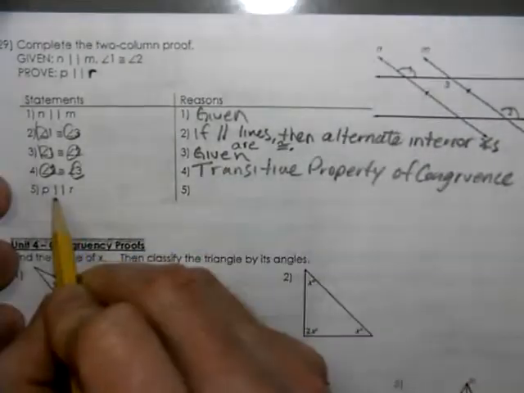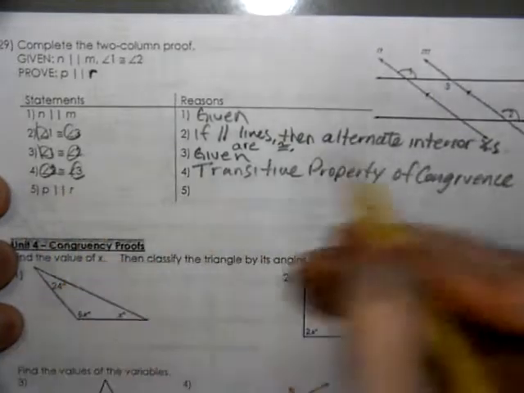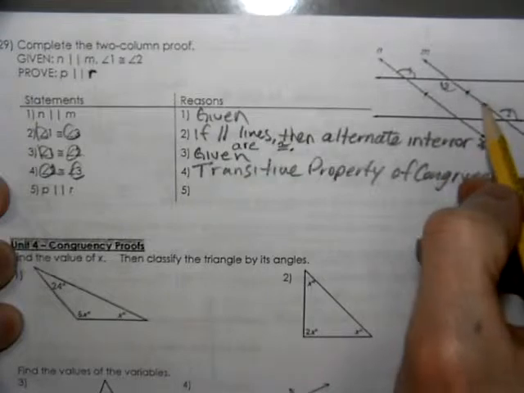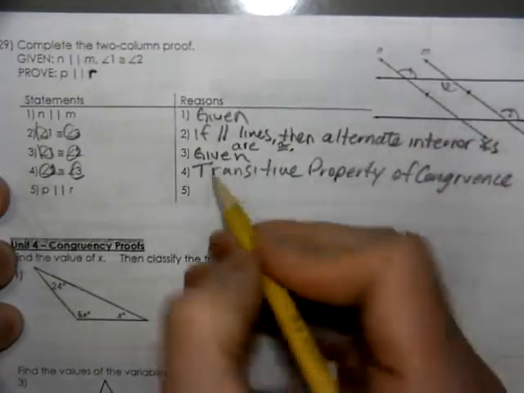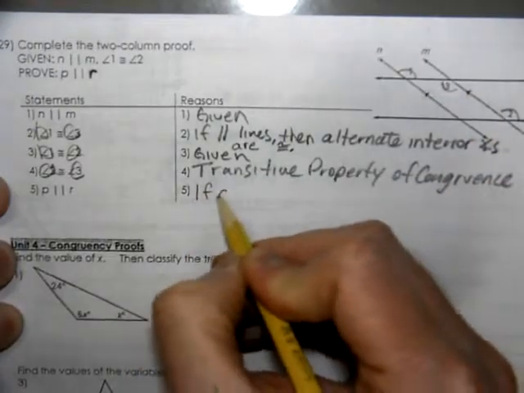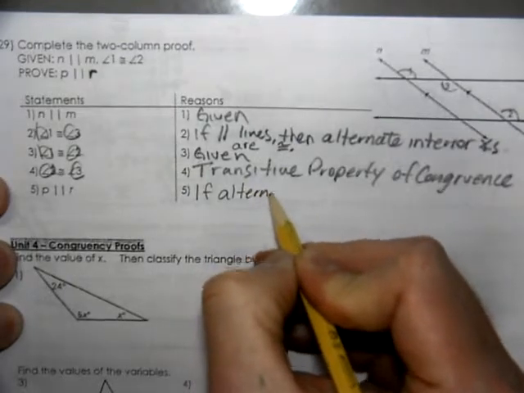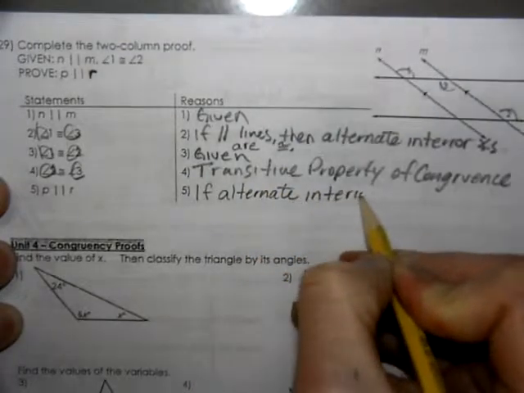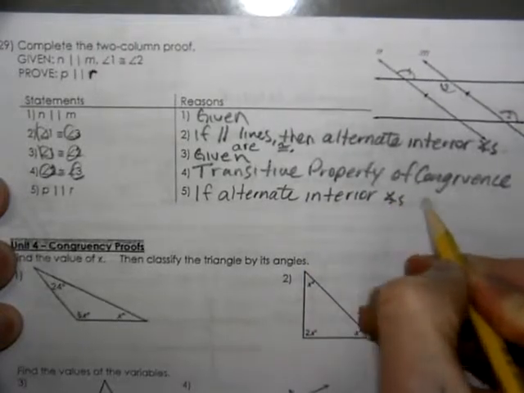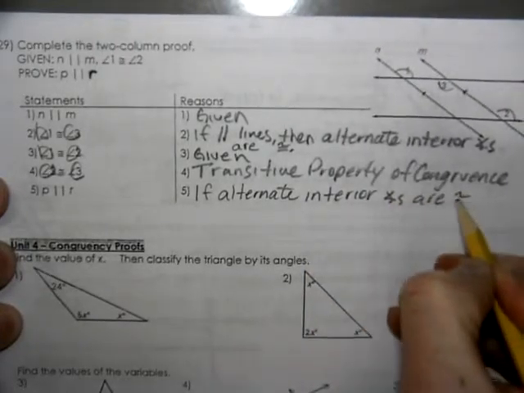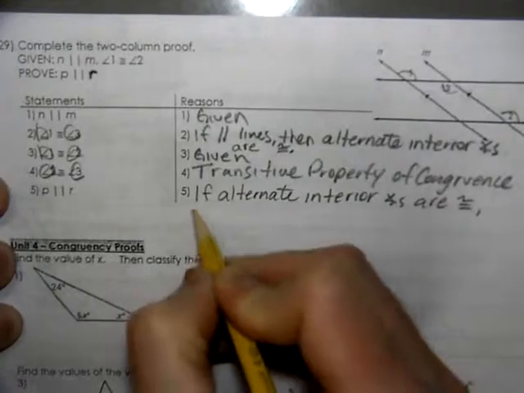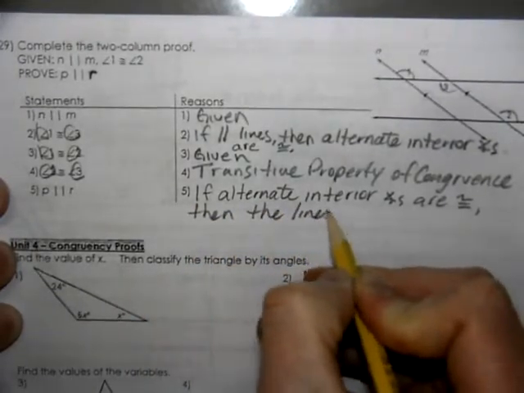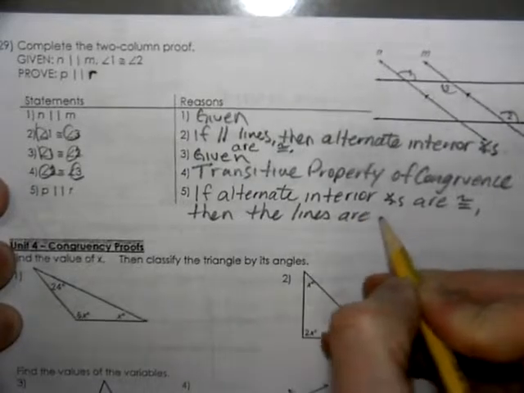And now, like we talked about, now 2 and 3 are the same measurement. They're considered alternate interior. They make that zigzag. If alternate interior angles are congruent, then the lines are